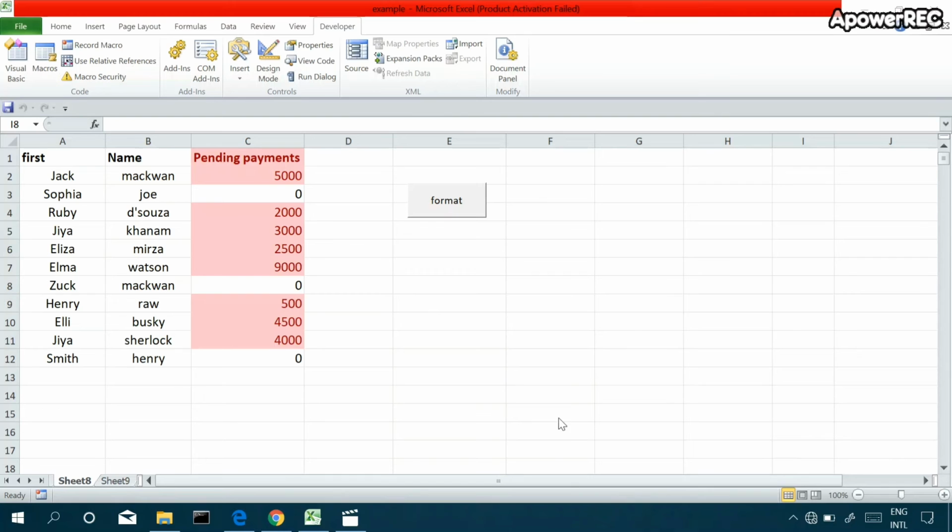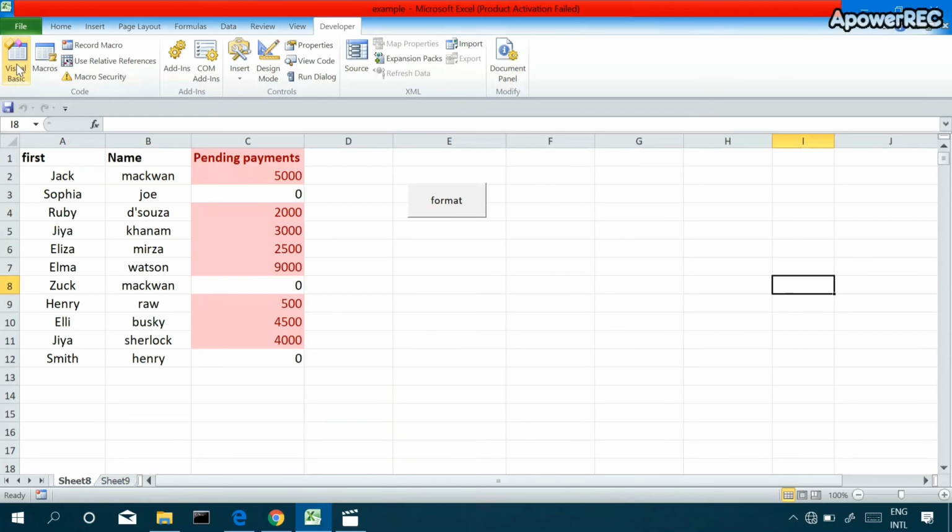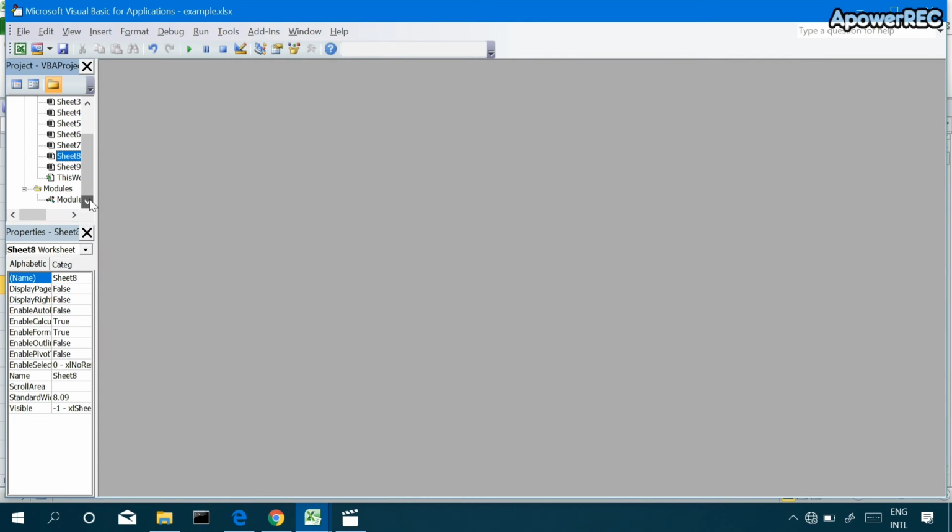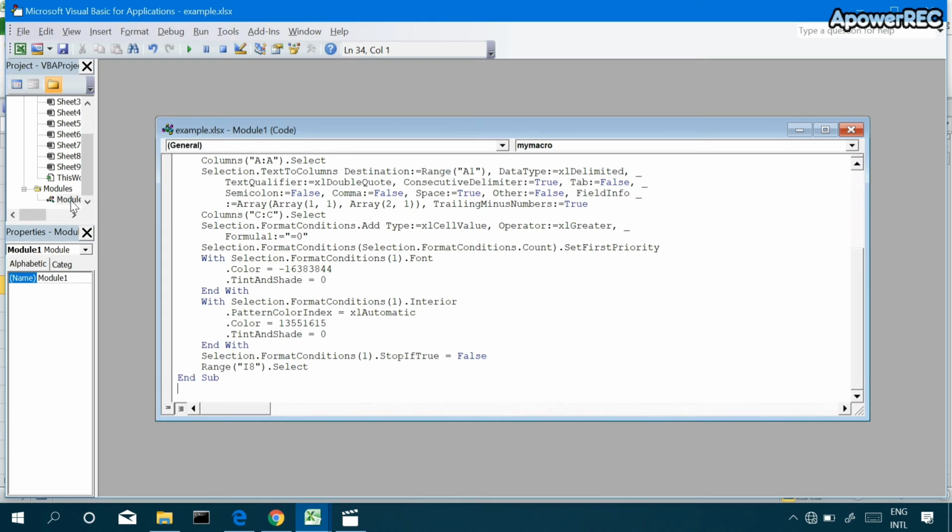Another thing you can also try, go to this Visual Basic view. Here you can see the actual code behind the macro that you are using. You can also make changes or modify your sheet data from here. Let's say you want to change the column name, cell data, etc.